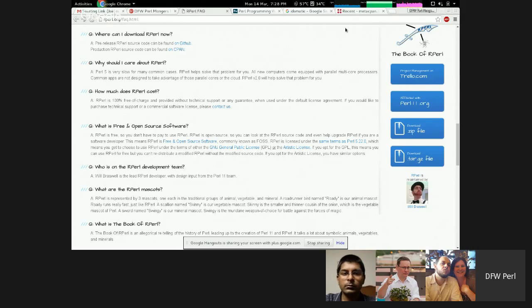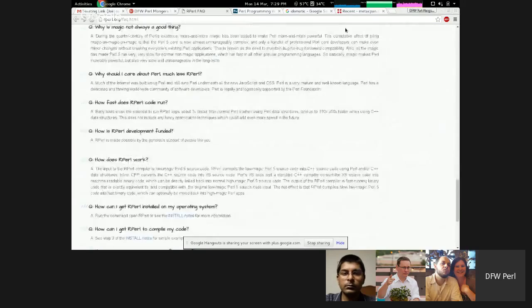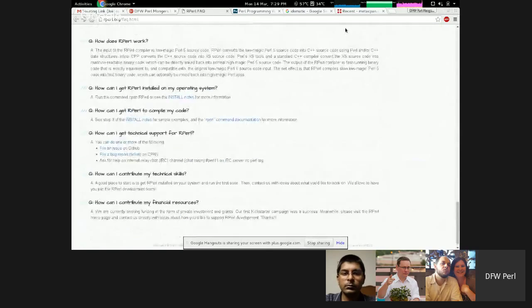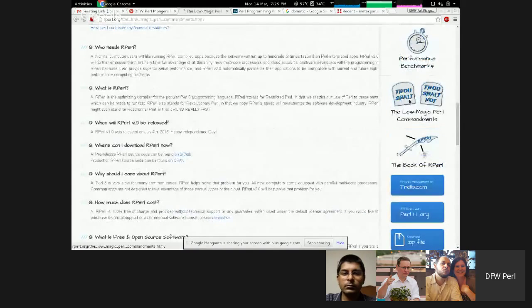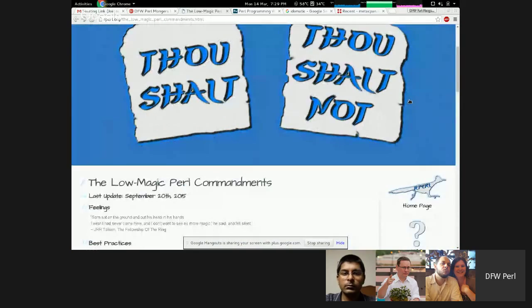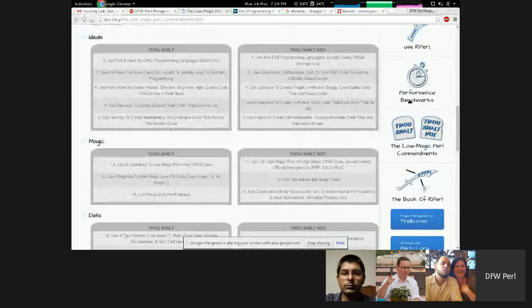There's some things like Perl hashes, the data structure. It's not a native C data type. Pretty much everything in Perl is not, but it's based on C data types. And based on what I'm reading here in the FAQ, after that you can go and read the low magic Perl commandments. There's a page here called "Thou shalt" and "Thou shalt not," and it gives a list of things to do if you want to write low magic Perl.